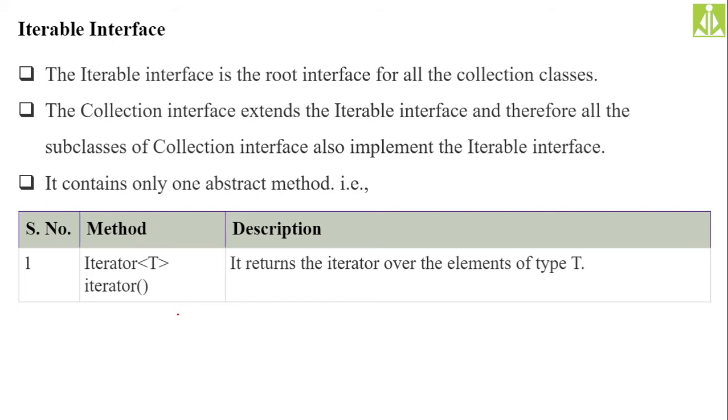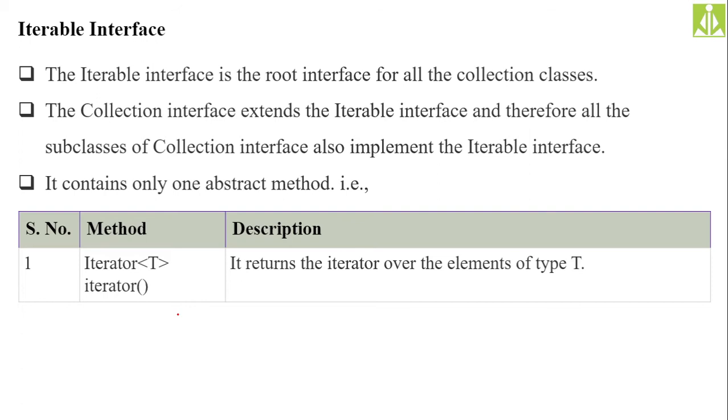It is the responsibility of the classes inheriting from the Collection interface to give the implementation not only for the methods inside the Collection interface, but also for the methods in the Iterable interface, because the Collection interface is the sub-interface of the Iterable interface. The bottom classes implementing the Collection interface have to give the implementation for the methods available inside the Iterable interface also.